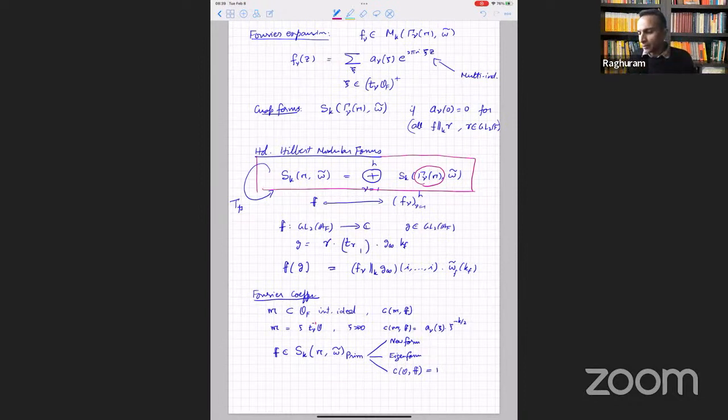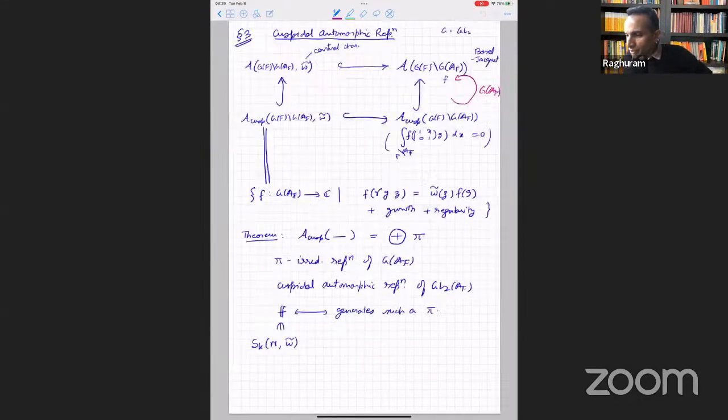Okay. So the space you want to consider is not just one connected component, but actually all of it together to play any kind of a global game. So that's the left-hand side with this boldface F standing for a Hilbert modular form in the adelic world. All right. And then I talked about Fourier coefficients. And then this was a very, very quick